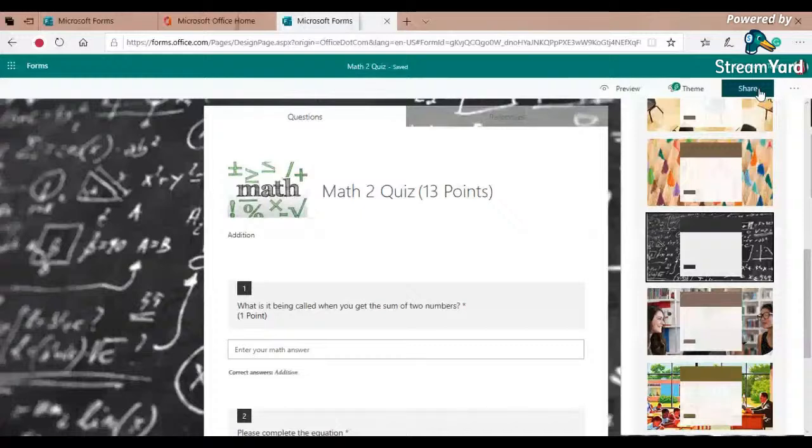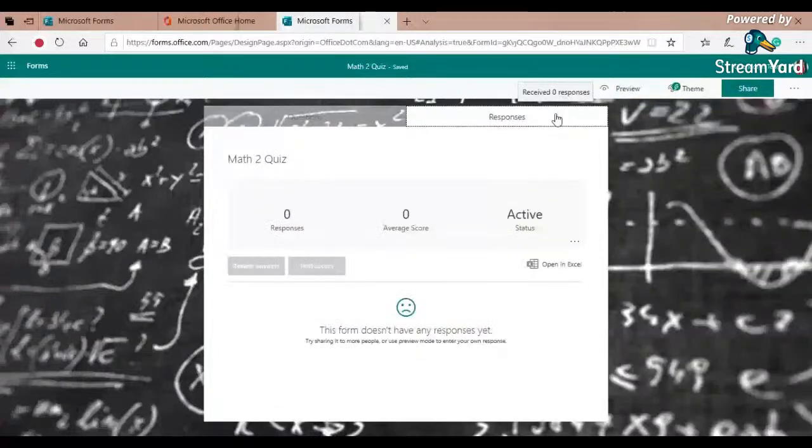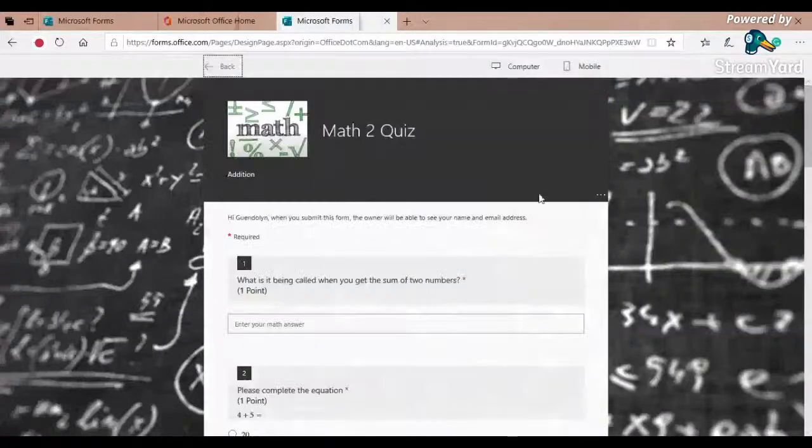Okay, but before that, back to preview. When I click the preview here, as you can see, there's an icon here, and this is the immersive reader. So this is already built into Forms. So when I click on that, we can listen now to this sentence. Okay, for example,